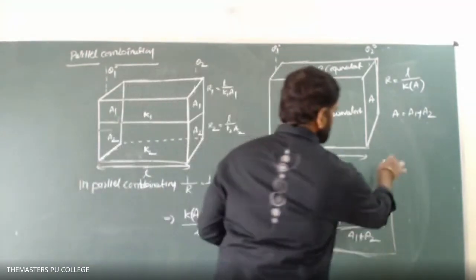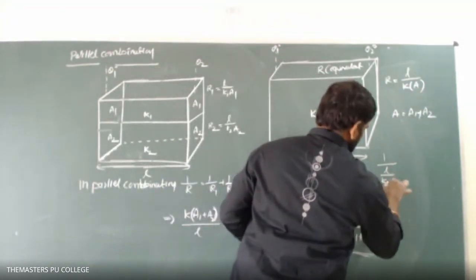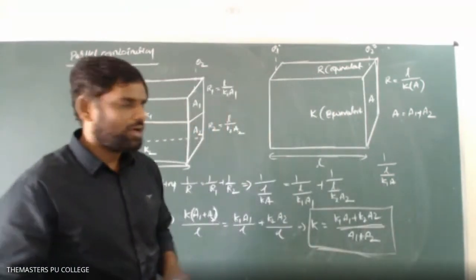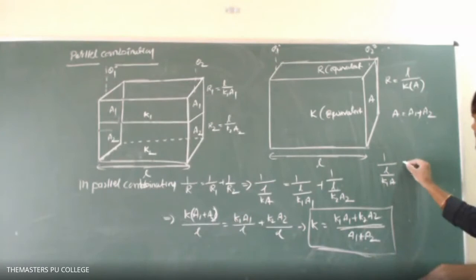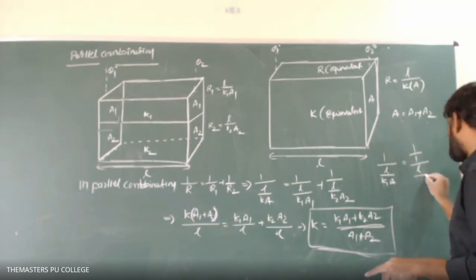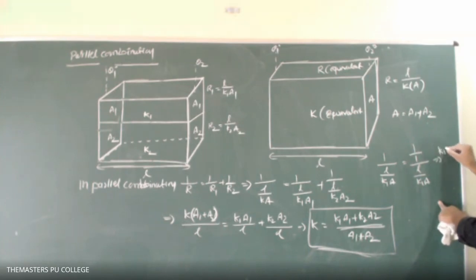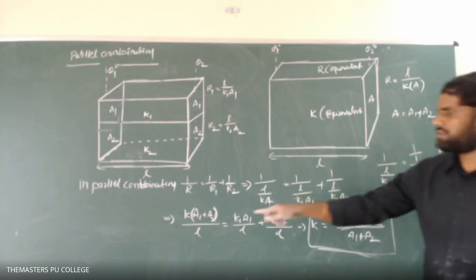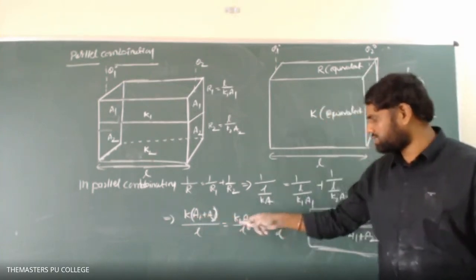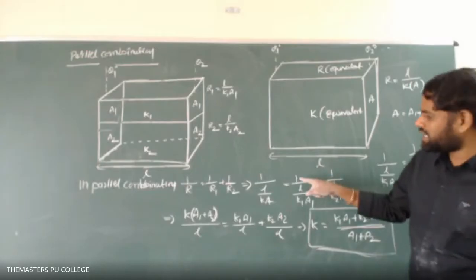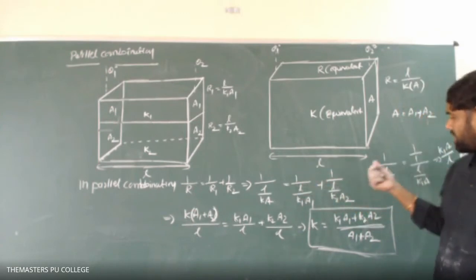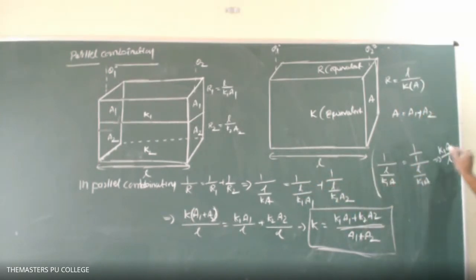Yeah, 1 divided by L by K1 A1, you know. How can we write this? 1 is there, so it is nothing but 1 divided by L1 by K1. So that's why this one comes to the denominator and this K1 A comes to the numerator, then we get K1 A upon L. That's the same thing we wrote. Instead of A, we wrote A1 plus A2. That's why directly K of A1 plus A2 upon L is equal to this. 1 is there means 1 divided by 1 is there. That's why we can use this and write. If you want, you can copy this, not required, leave it.